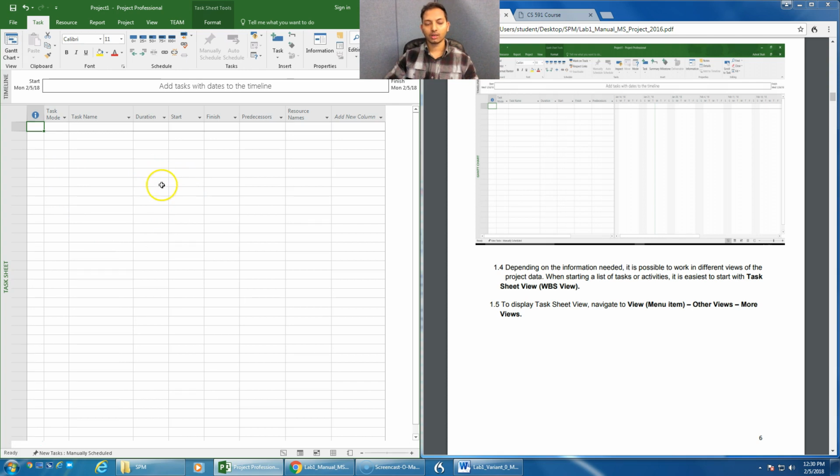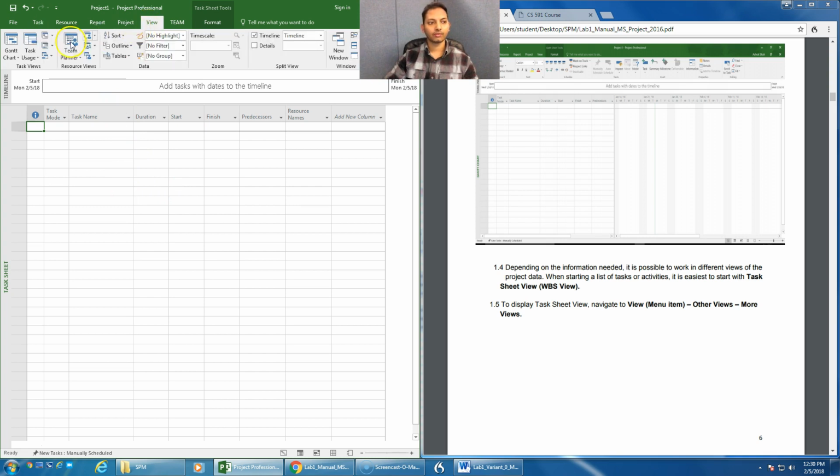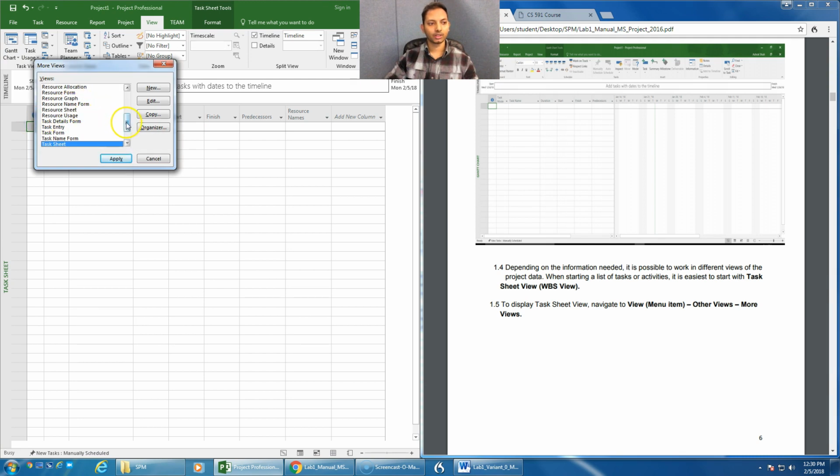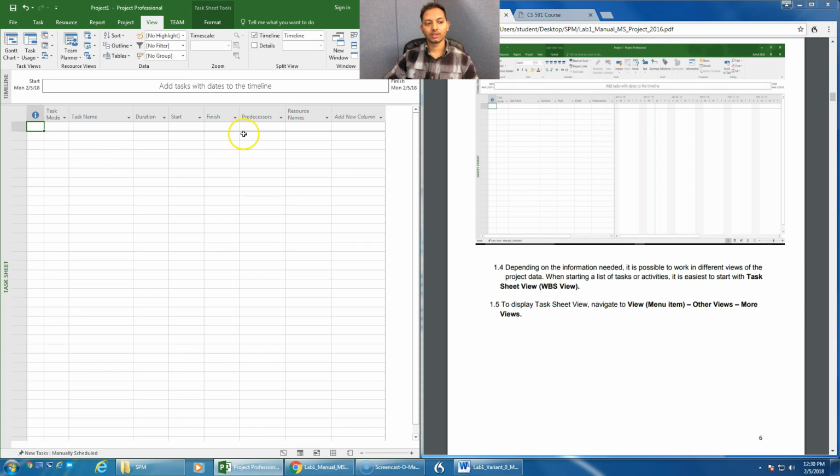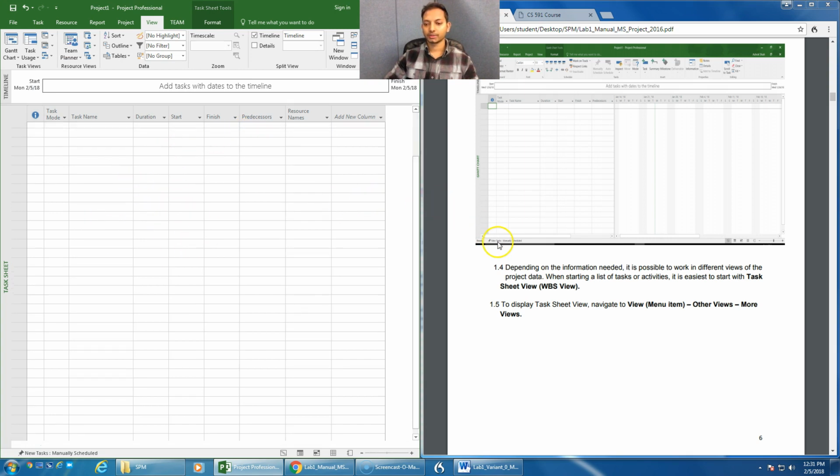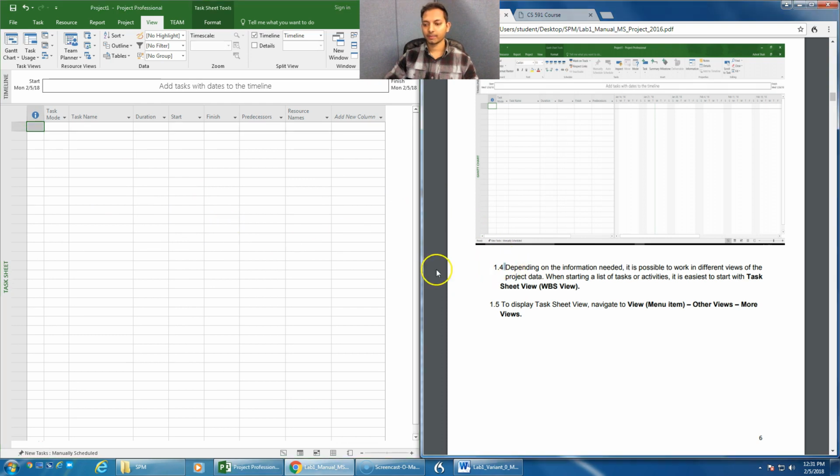So this was one way around. The other way to go for a task sheet is to click on view. Once you click on view, you again have to go to the Gantt chart, then click on more views. Once you click more views, you can see a list of different views. From here you need to select the task sheet view, click on it, and then hit apply. Okay, so that was the other way you could go for a task sheet. So next